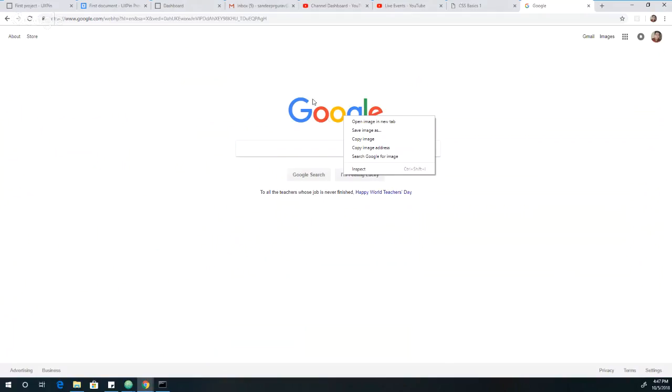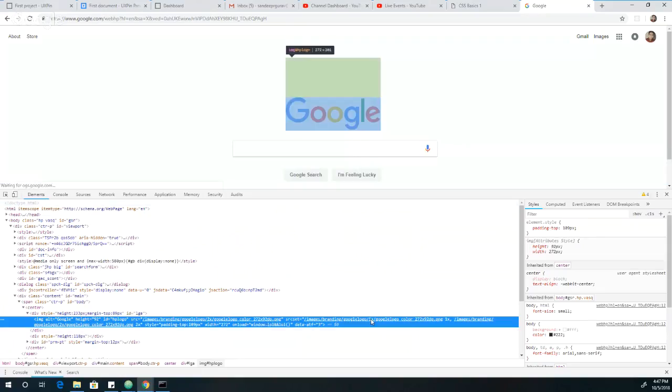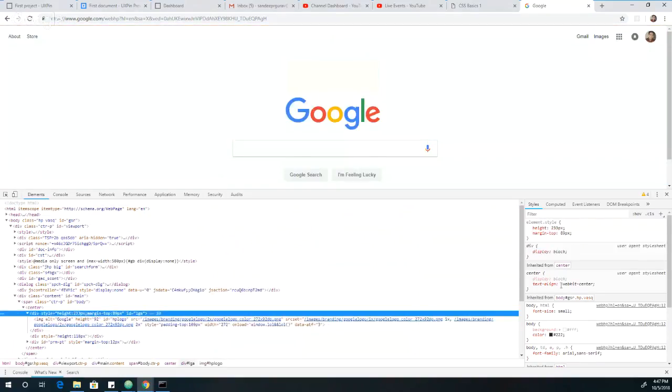Suppose I want to see how it is arranged. I can inspect it and see what style they applied. You can see what height they use, what margin top they use. So I can easily refer to something. Getting the CSS code is very easy, because whatever task you get, you will refer to something like that